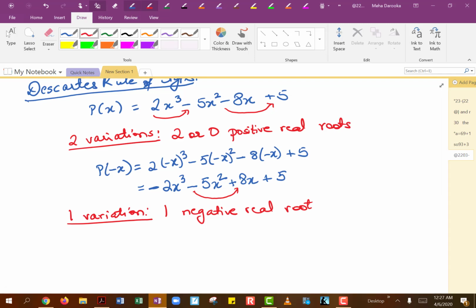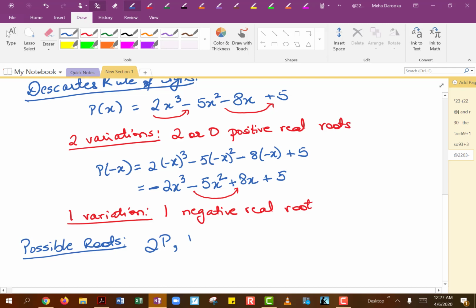So let's see what kind of roots this ends up having. So I will call these possible roots again. So that means you can have 2 positive, 1 negative, and this is a third degree polynomial, so 2 plus 1 is 3, which means that would be 0 imaginary. Or